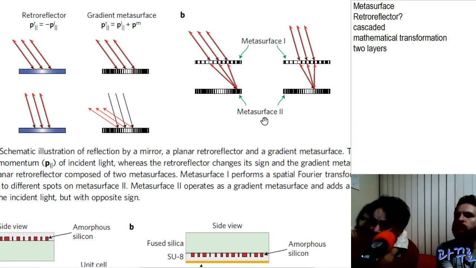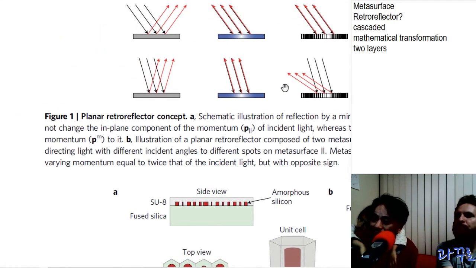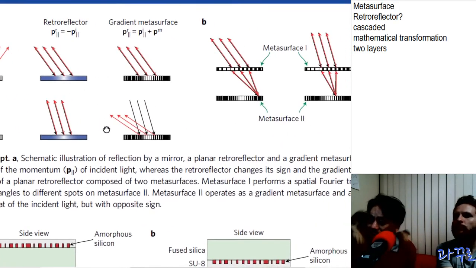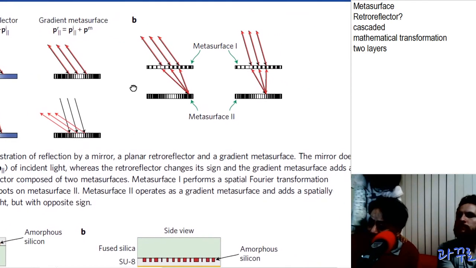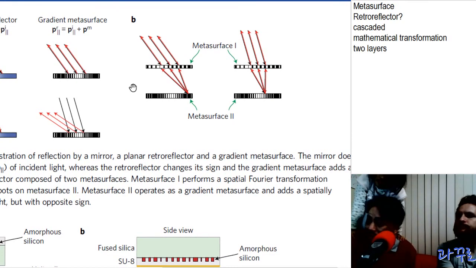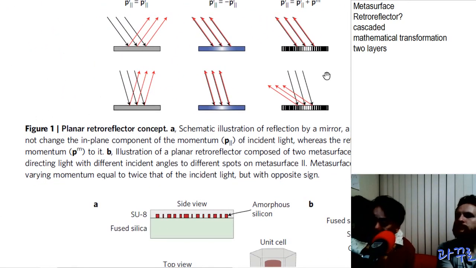The mirror does not change the in-plane component of the momentum P parallel of incident light, whereas the retroreflector changes its sign, and the gradient metasurface adds a momentum PM to it. Yeah, that's how we understood. And B,